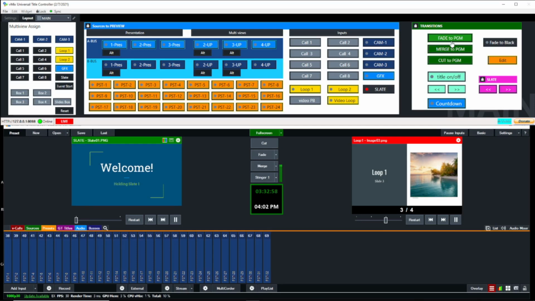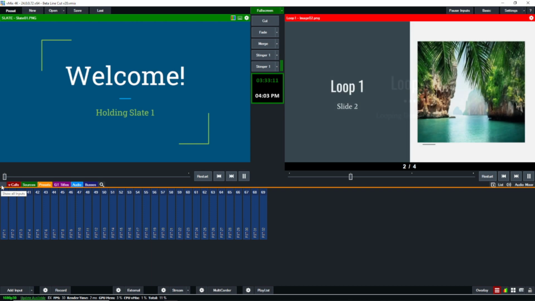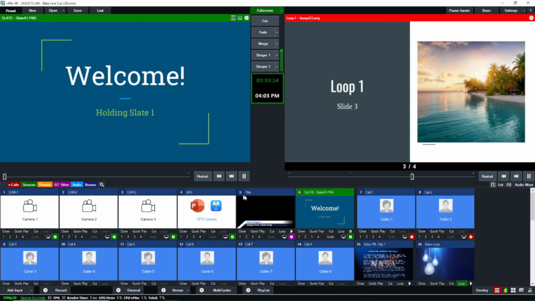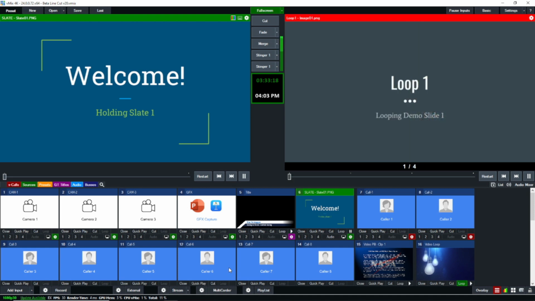Hi, just wanted to take you through my production setup using the Universal Title Controller to control a vMix production. To begin with, I'll show you my vMix production really quick, and it's a typical production made up of all kinds of input types. There are live captured inputs, there are GT titles, there are call inputs, there are various